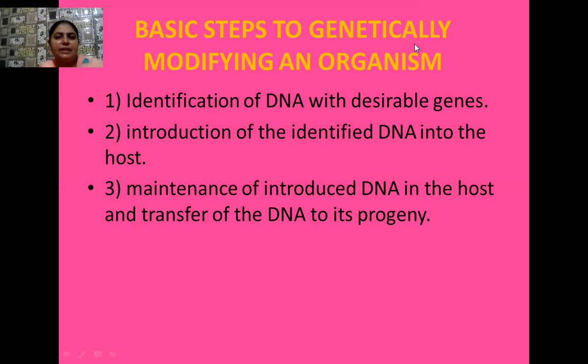And third one is maintenance of the introduced DNA in the host, and later on, transfer of this DNA into the progeny cells. That is how this DNA forms replicas inside the host organism. And later then so many clones are formed and the host cell divides, multiplies and gives its offspring. Then this alien piece of DNA whose clones are produced in the host organism also enters into the offspring. So these are the 3 steps that are generally used in the technique of genetic engineering, students.